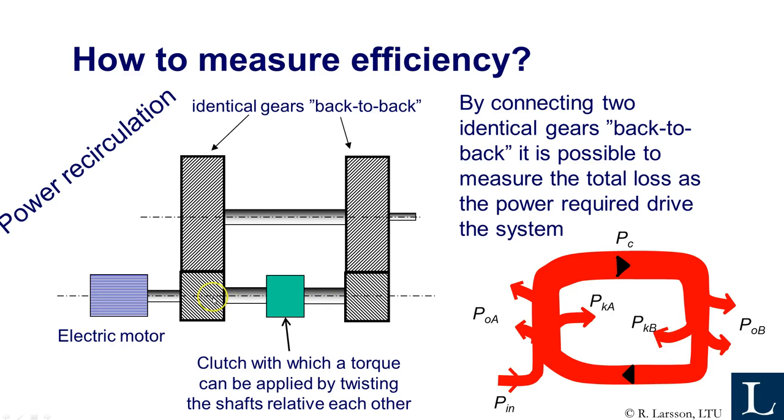So now you can drive this pinion, which drives this gear, which drives this gear, which drives this pinion, which drives this pinion. And so if you apply a high torque here, the power is just circulating around here. If you don't have any losses at all, it will just be power circulating here. It's kind of an eternal machine. But we have losses, as you know,